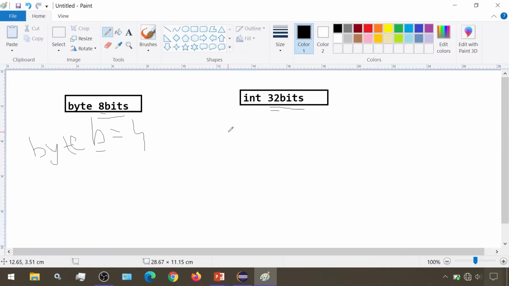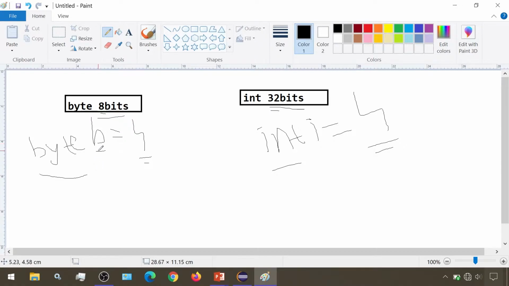And if we create this same value 4 in an int variable, named i, and assign it the value 4, now this 4 occupies 32 bits of memory. So even though the value is the same, the memory occupancy is more in int and less in byte.